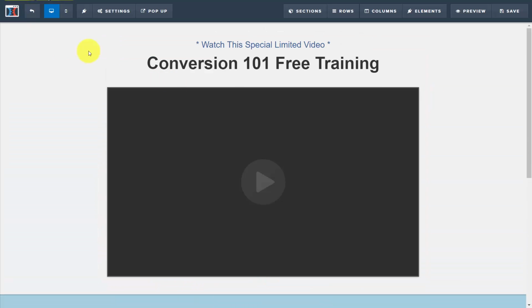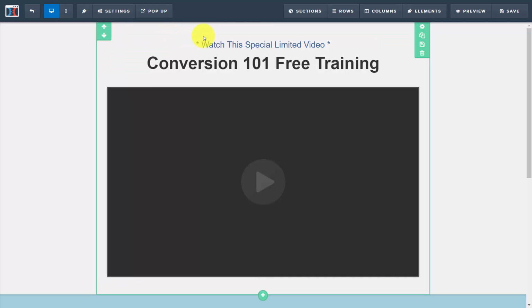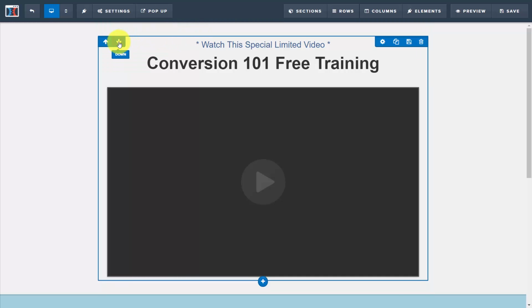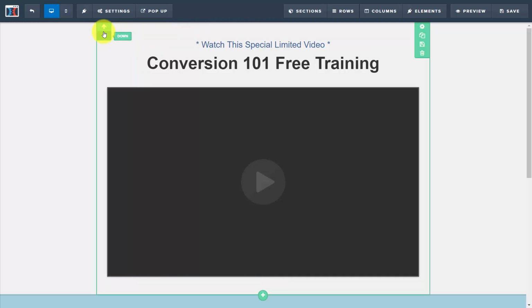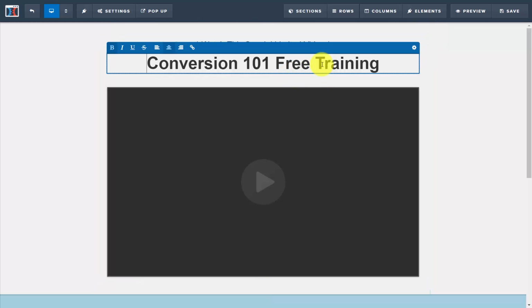So basically, again, what you'll want to know is that when you're working with an existing template, all you'll need to do is to hover inside of the element and then begin to work with the apps in that element. Settings, clone, save, or delete. And if we want to edit content, for example, we can click inside of the app. We can write in our new content. Once we've completed what we want, we can then click